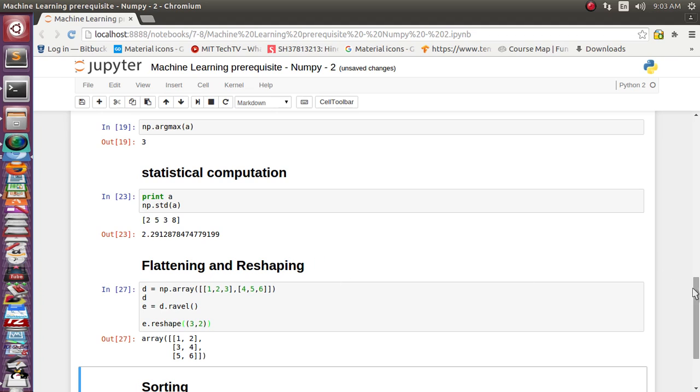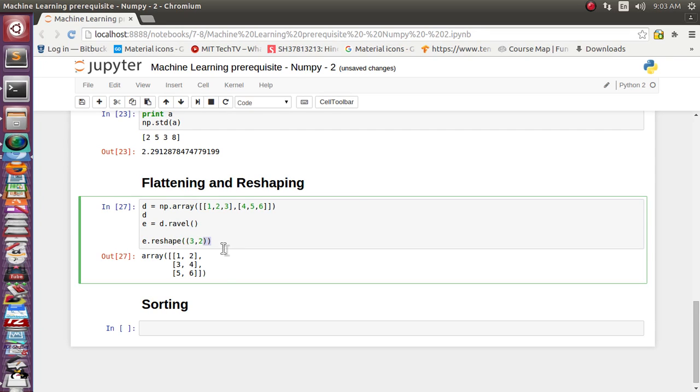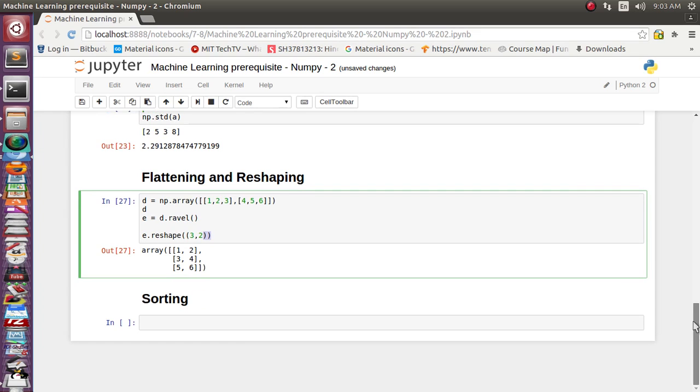That is nothing but the reshaping. We have reshaped the array from 2 cross 3; we raveled it, and from that flattened array we applied the reshaping function and converted it into a 3 rows, 2 columns matrix. So this is flattening and reshaping.